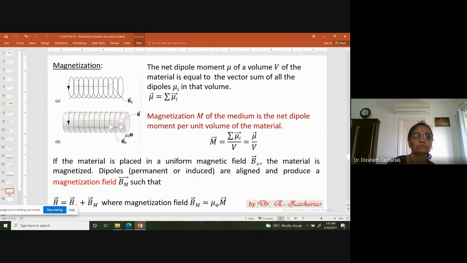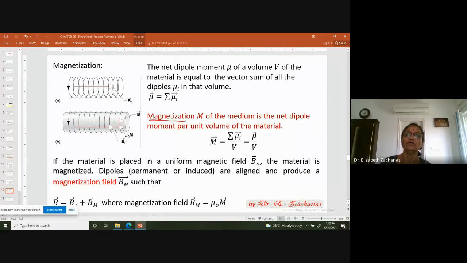Now, even without my knowledge, I used the term magnetization 2 times in the last few minutes without even explaining to you what magnetization is. That is like muscle memory for me because we've been teaching this course, so it automatically comes. So now let us see what this magnetization is. We're going to define it.